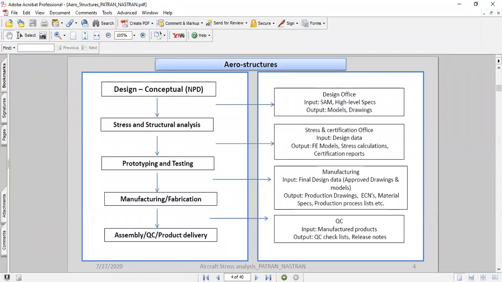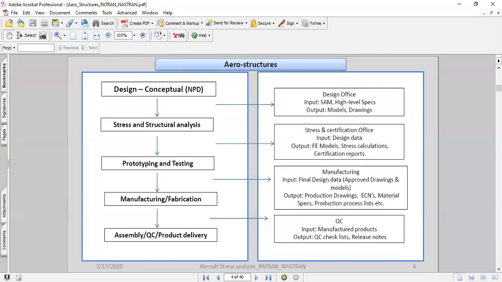Once all this is happening in parallel, stress and certification engineers are also responsible for the product testing, and we also regularly interact with the manufacturing department about what kind of materials we use. The procurement department makes sure whether the materials can be procured or not, in case the cost is very high, and what the alternative could be.